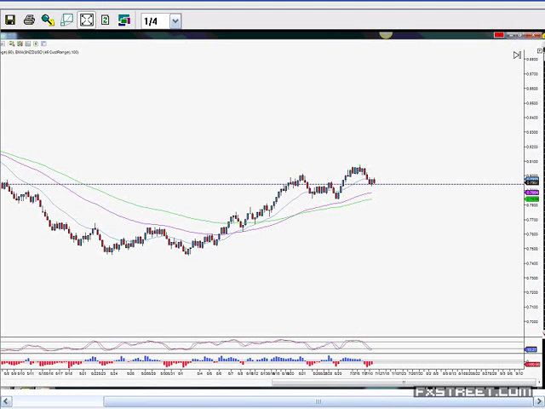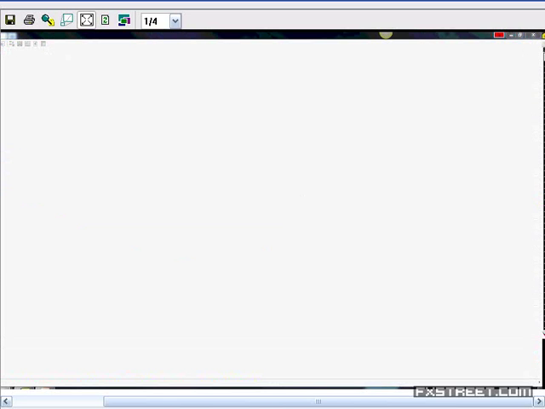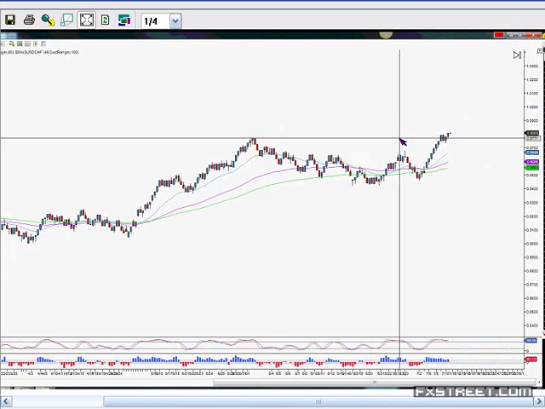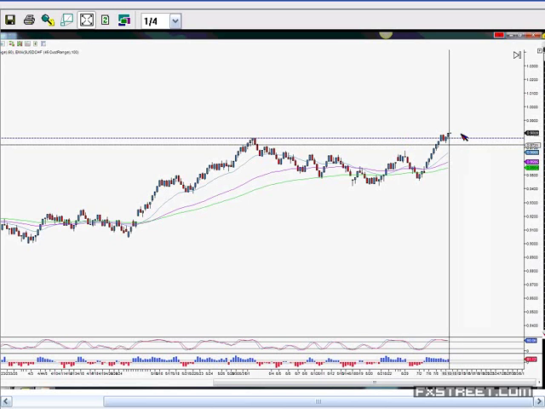We also like the Aussie dollar and the New Zealand dollar. We're just waiting for the right triggers there. Let's jump onto the dollar franc and see what that has for us. Okay, so this is also a nice looking trade. The only problem that we've got here with this trade is that we don't really have a pullback. Now, this is similar to the pound dollar as well, in the sense that we're actually at quite a major level. So we've got to make a decision for ourselves.